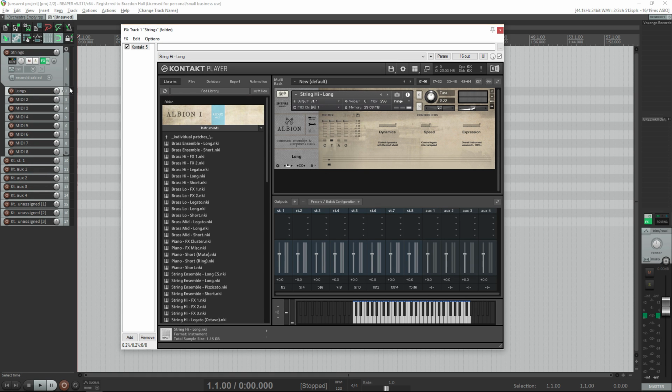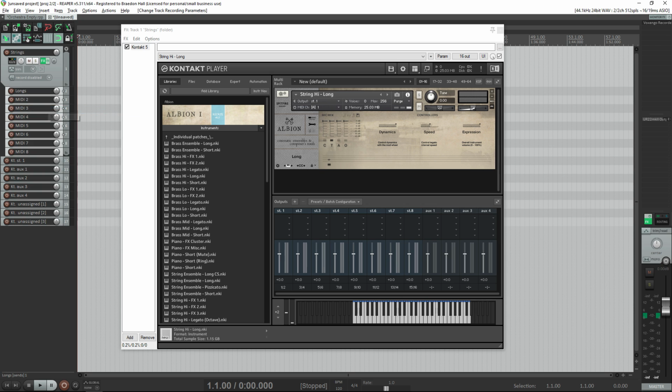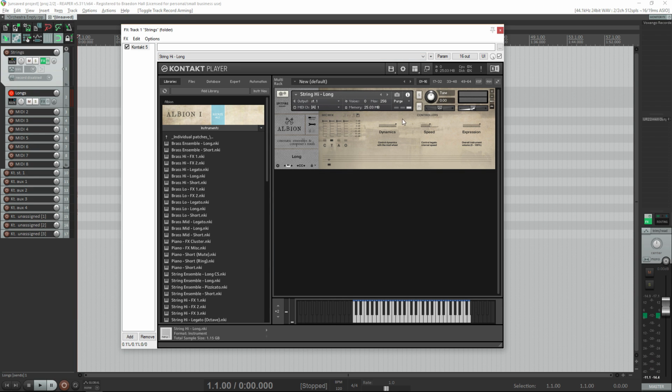And then after that, what we'll need to do is select these 8 MIDI tracks here, just shift select them, and right click this record arm button and select monitor input. So this will affect all of these 8 tracks and it will allow us to hear what's coming through the instrument. So now if I record arm this, we can hear what's coming through. So it's really that easy, and you can also go ahead and remove this output window now, but